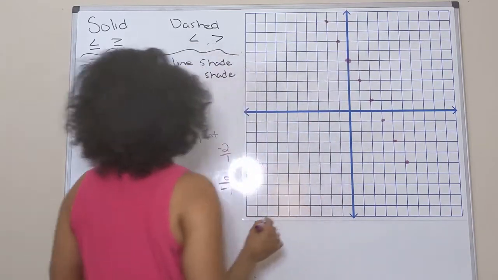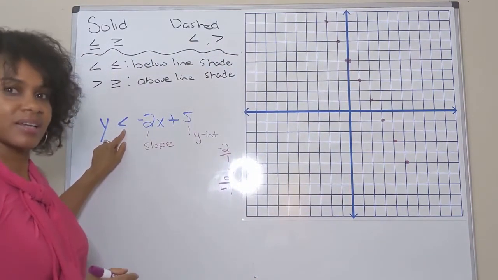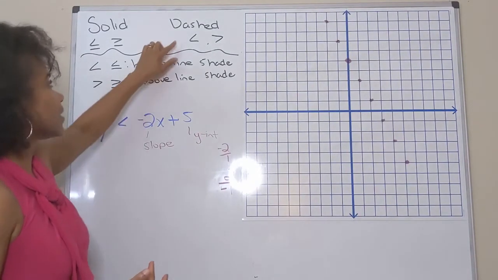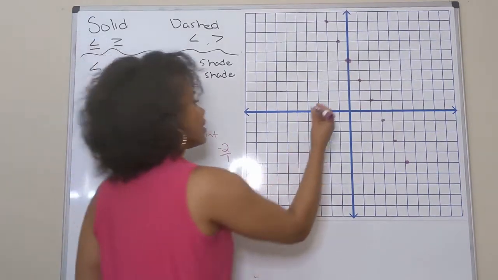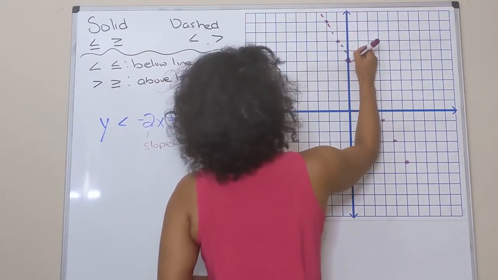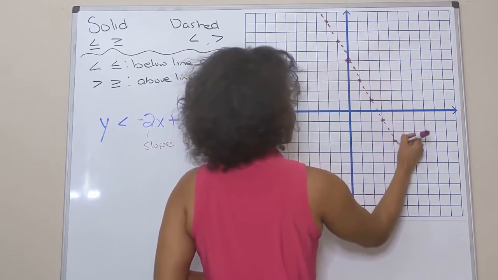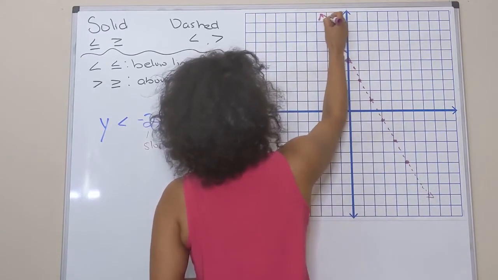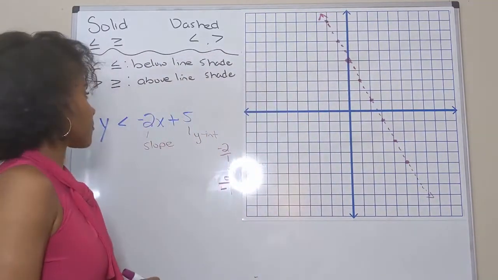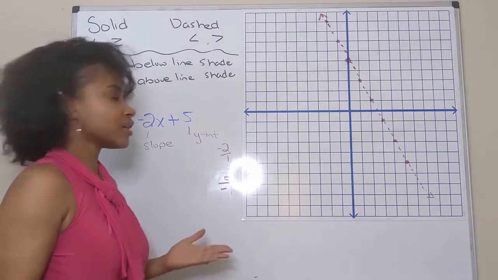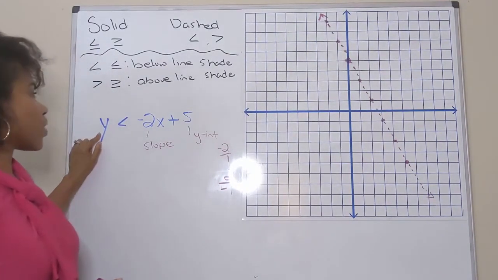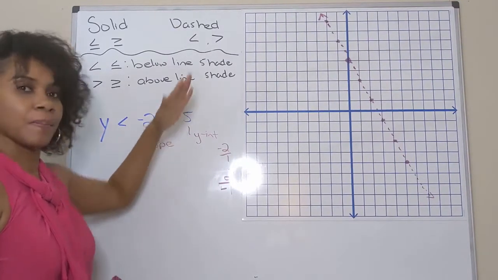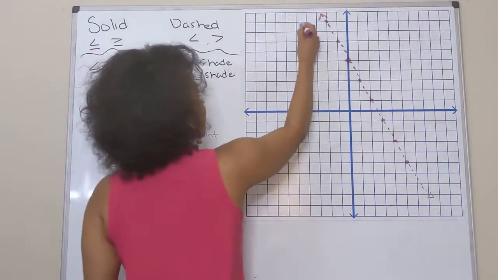All right. And so it's just less than. So it's not less than or equal, it is just less than. And so I'm going to have a dashed line. And I have a dashed line because none of the solutions or none of the points on this graph are solutions to this linear inequality. All right. And then I need to shade. So since we read this as y is less than negative 2x plus 5, I'm going to shade below the line. So this is below the line,